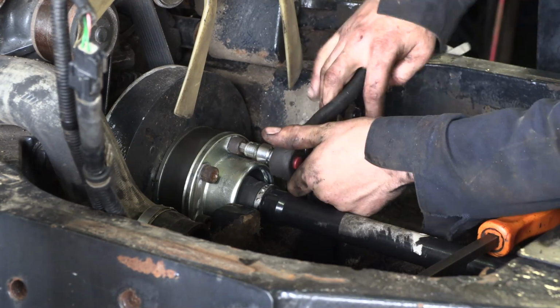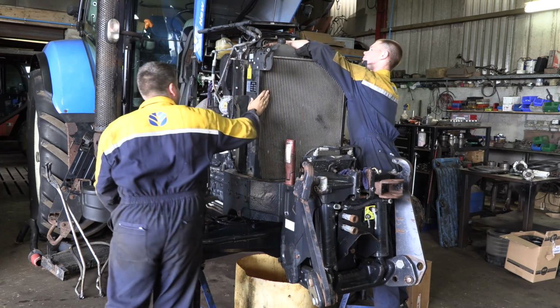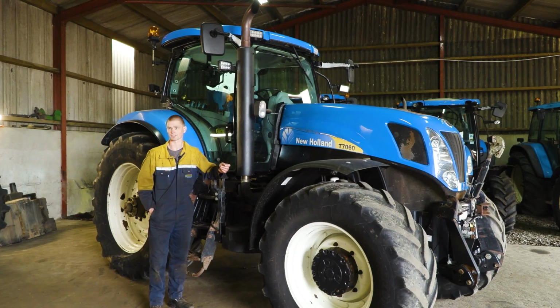The PTO, once that was sorted, we changed the oil in the PTO clutch pack and then ran the PTO on the dyno to make sure she wasn't slipping or anything. So we had her pulled down to about 100 horsepower, which is plenty. No, taking 100 horsepower out of a front PTO unit, yeah, that would be plenty. And moving back then, in and around the engine